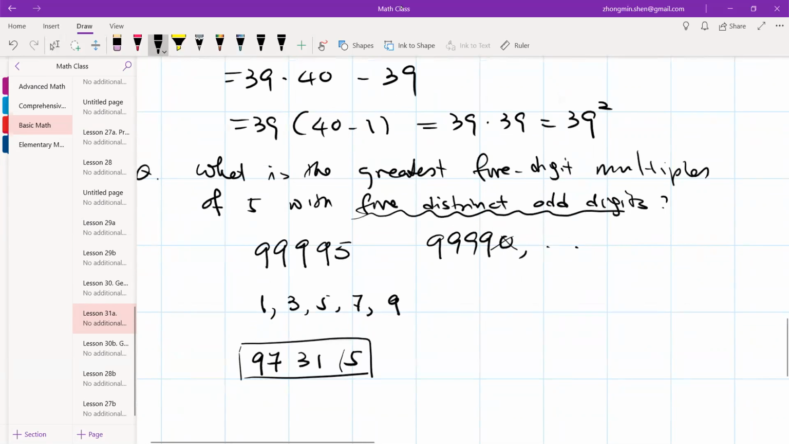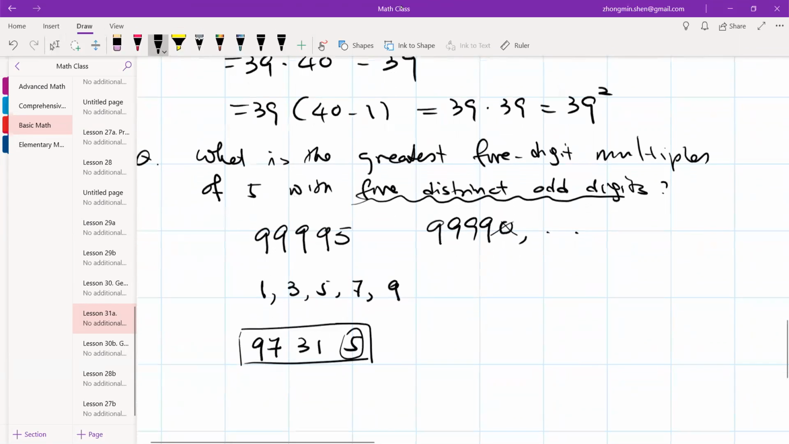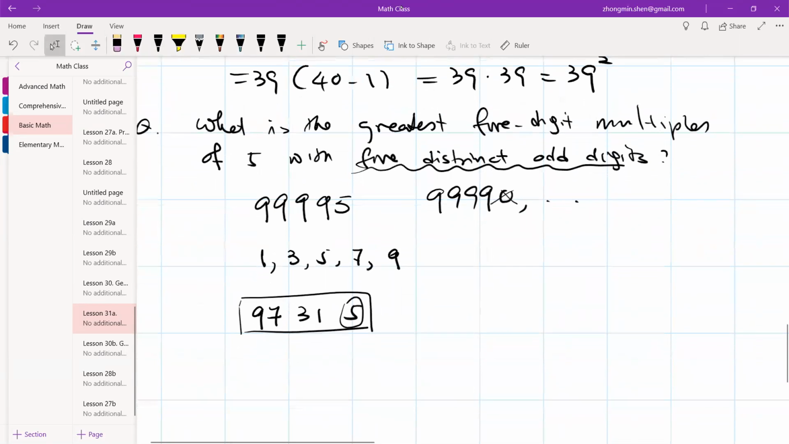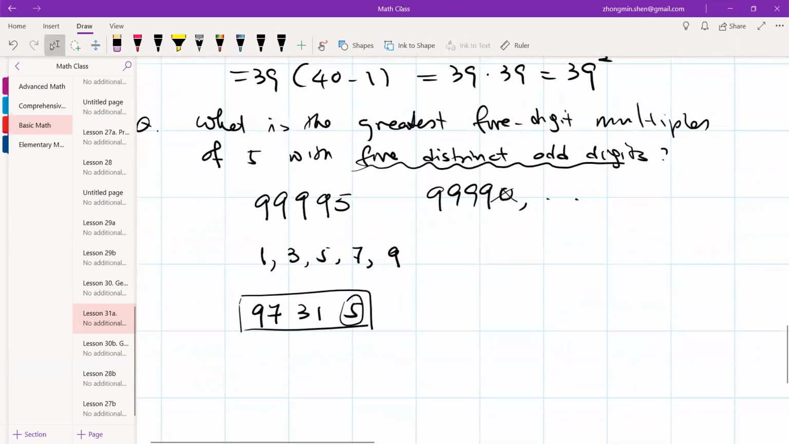First of all, you have to put 5 at the end. Then you begin with the largest digits. Then you only have 1, 3, 7, 9 left. So you begin with 9, then 7, then 3, and 1. This is how you get it. Similar problems will be